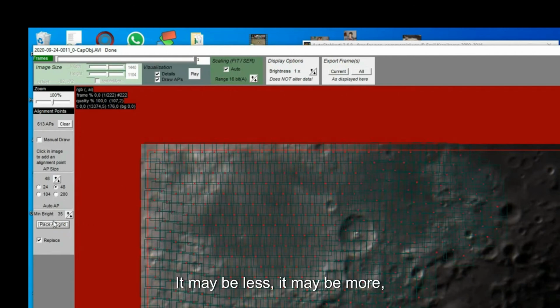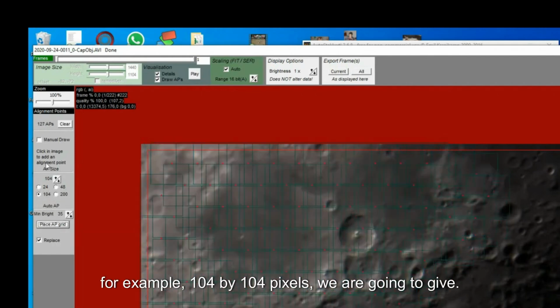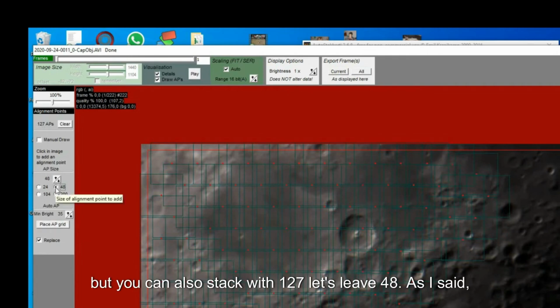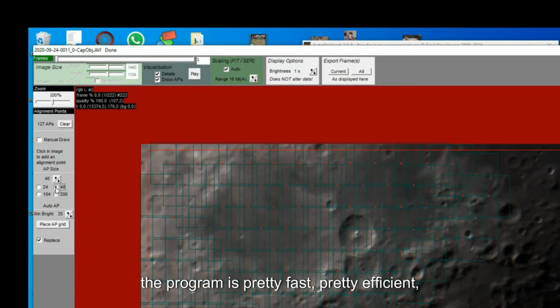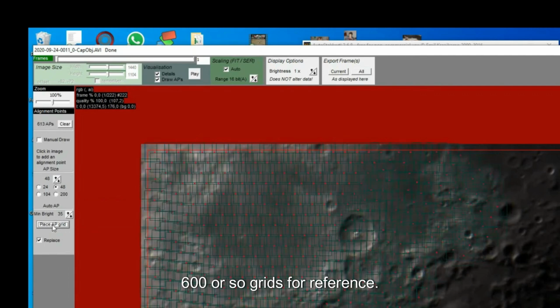It may be less, it may be more, but that's the value I generally look for. If we put, for example, 104 by 104 pixels, how many grids do they give us? 127 by 127. I would like a little more, but you can also stack with 127. Let's leave 48. As I said, the program is pretty fast, pretty efficient, even with a machine that is not very modern. 600 or so grids for reference